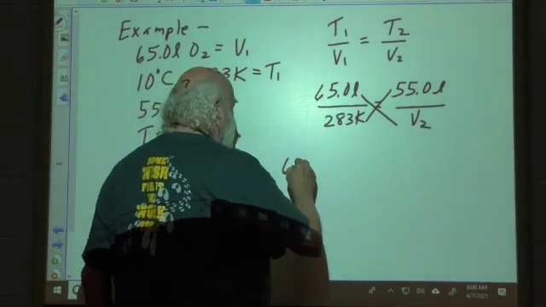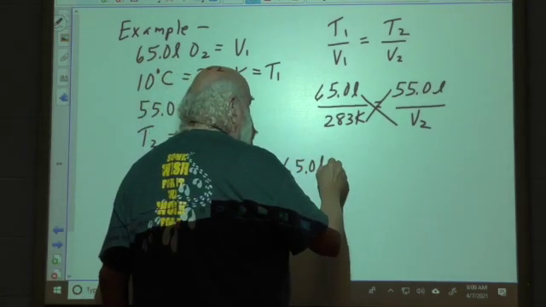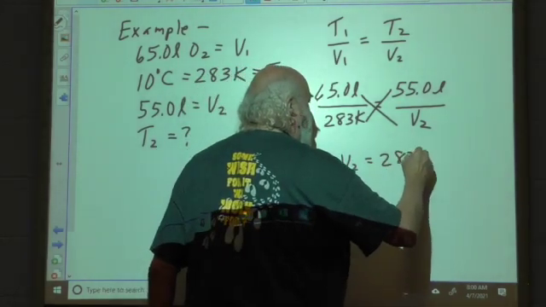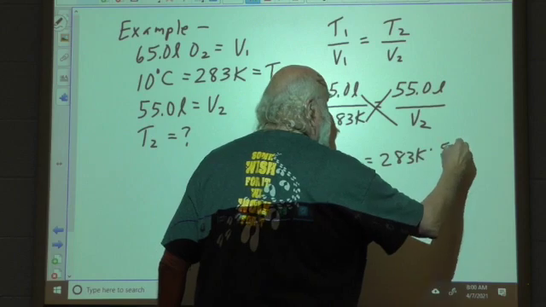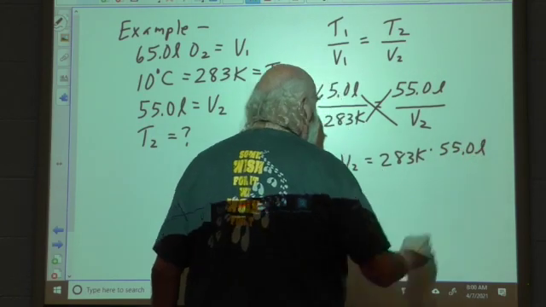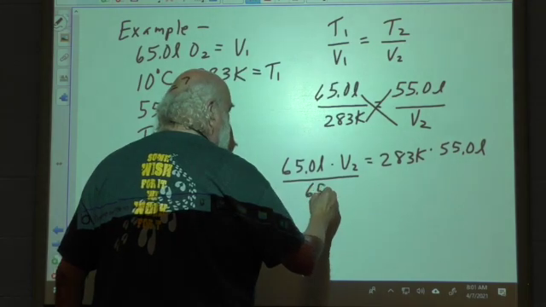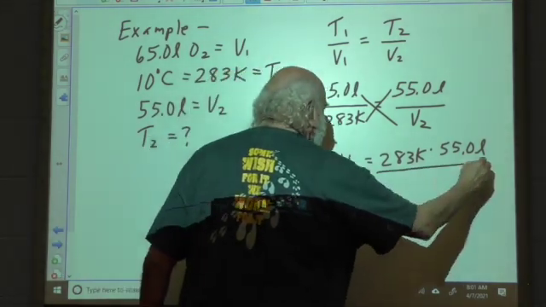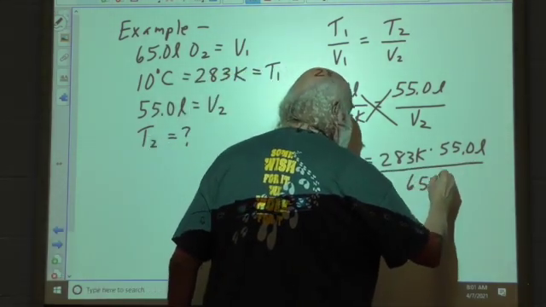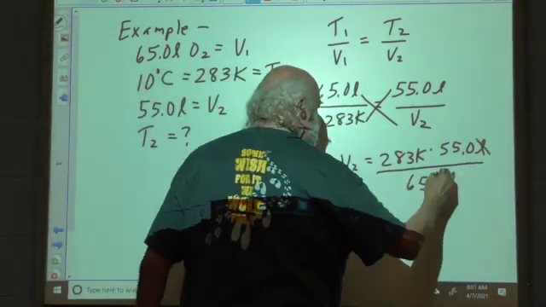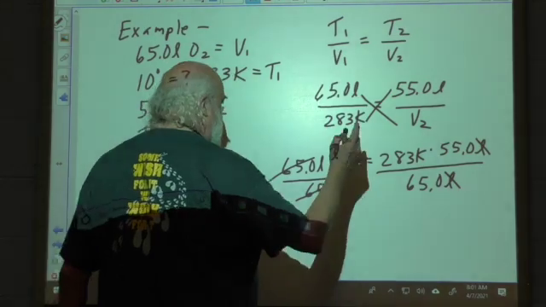We have 65.0 liters times V2 equals 283K times 55.0 liters. And I'm going to get the V2 by itself, so we divide both sides by 65.0 liters. These cancel out, and the liters cancel out, so it's going to give me an answer for temperature in Kelvin,